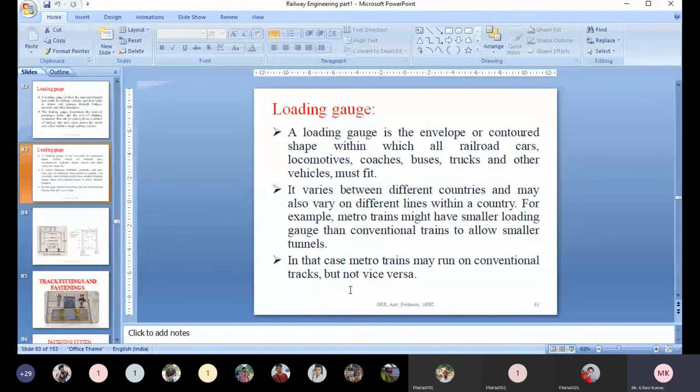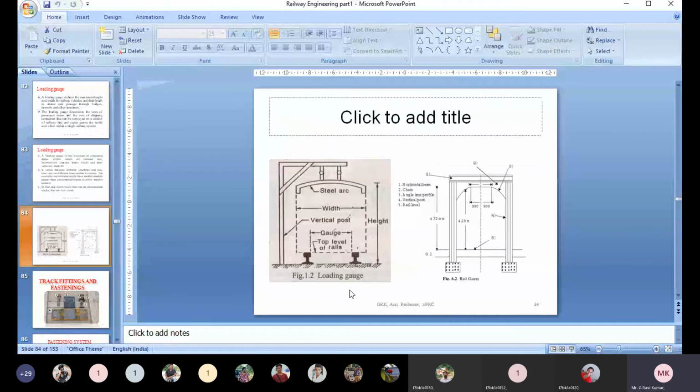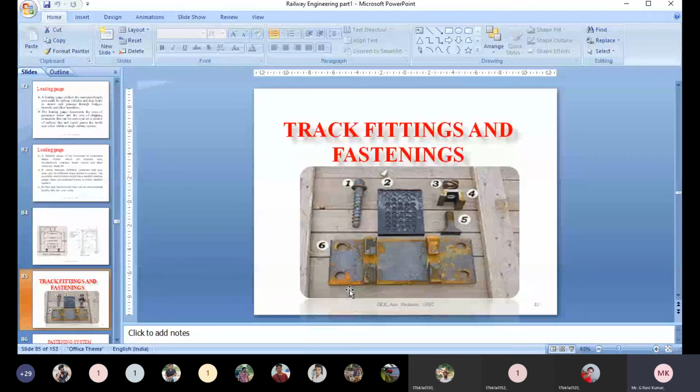And the next one is track fittings and fastenings. This is an important topic we should know. This is the most important one, because the selection of materials for the railway track, like ballast material, sleeper material, rail material, is on one hand, and the fittings and fastenings of the railway track are on the other hand. The selection and construction of the railway track, in the sense of technical design, is one part, and this is another side, and it is that much important, understand now?